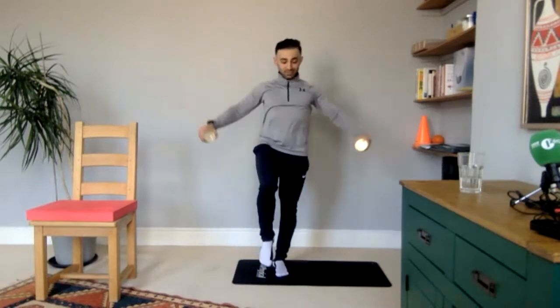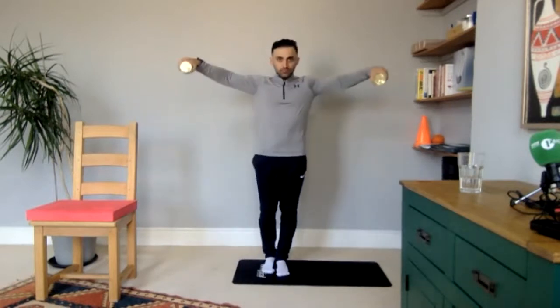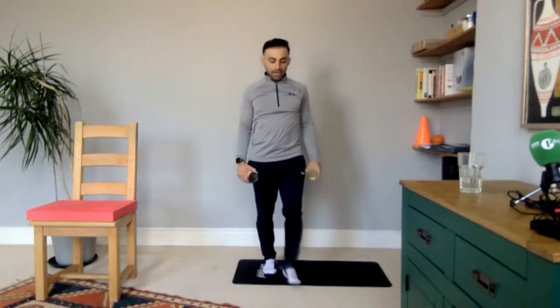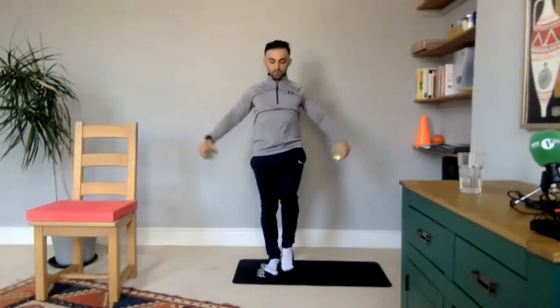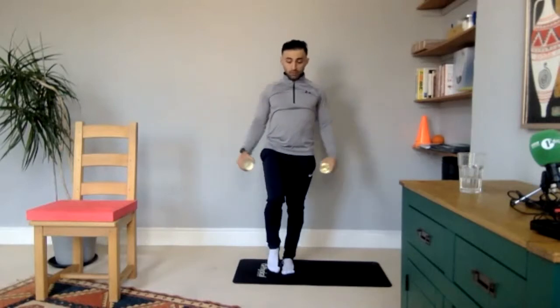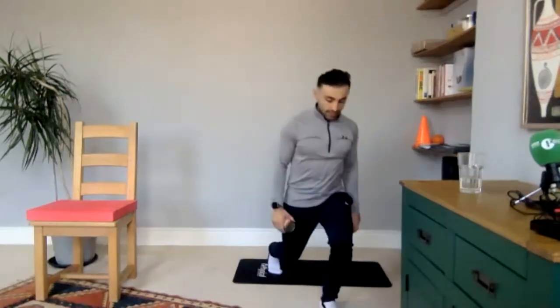If it's easier to perform this on one leg, do you know what? Let's stick with one leg. Otherwise, keep alternating and perform the sideways raise each time we come back into a one leg stance position. Right, so alternate the legs. Come back. So there's an element of warming up or working on your balance, as well as, if the weights